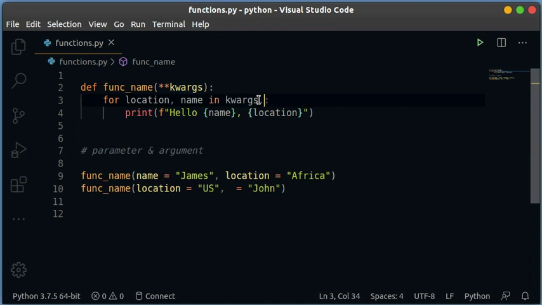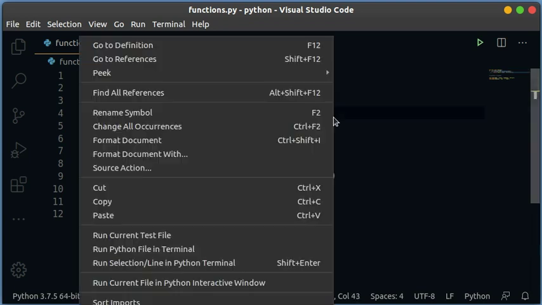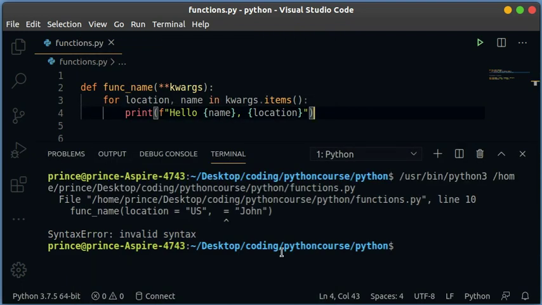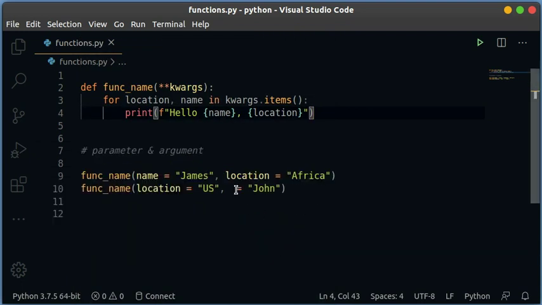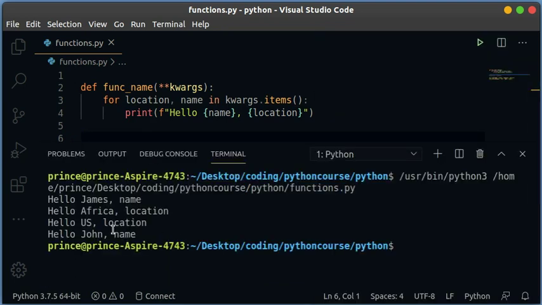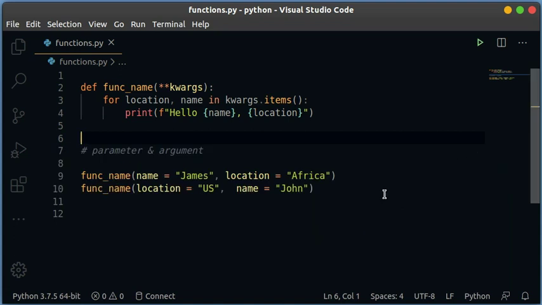So in here it's supposed to say kwargs dot items. Okay, we already discussed this in our data type video, so you can go back and refer to that. So in here I'll just specify that this is the name. So if I run this, we get hello James from this place, and then that one. Okay, we're getting a duplicate of it. Hello James, location Africa, US location Africa. Okay, that's how we can print out those values. So we get the name and then the values, and then we can print them out. Okay, so that's how we can work with